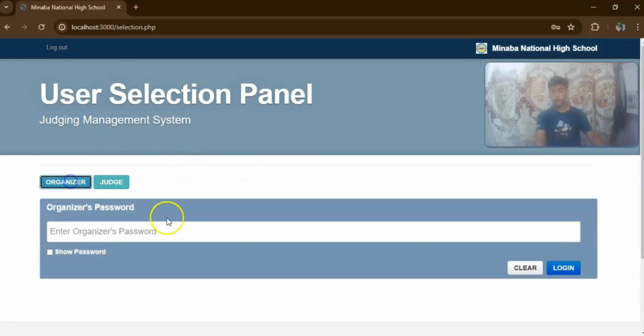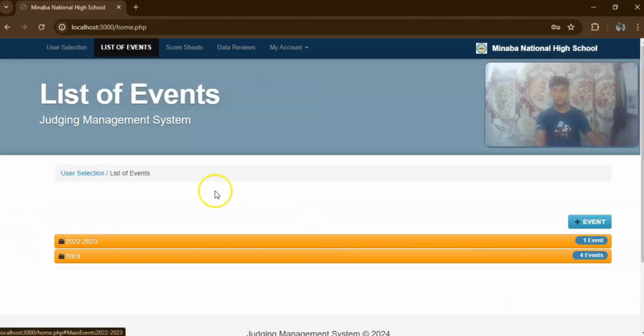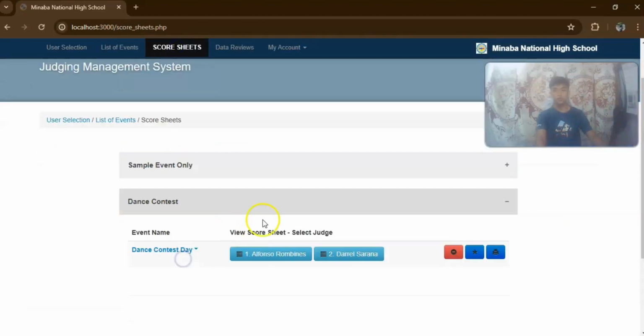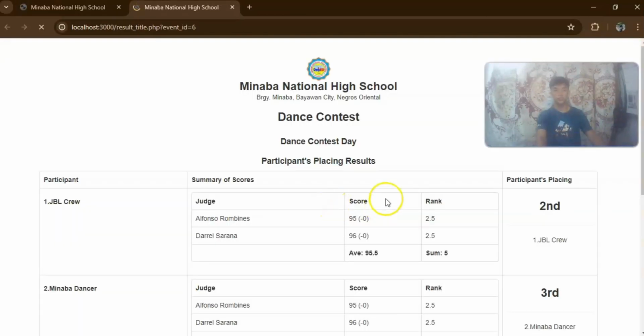Again, let's go to the organizer side. We can also set a password to secure it, and then you can see the result.